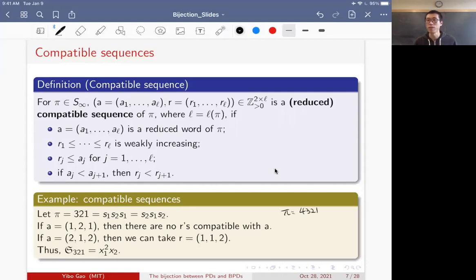Okay, so 4, 3, 2, 1. Let me think for 1 second. So the reduced word should be 3, 2, 1, 3, 2, 3. And the compatible sequence R is 1, 1, 1, 2, 2, 3. Okay, thanks. So the reason that I can come up with it is because of what I will tell you next,